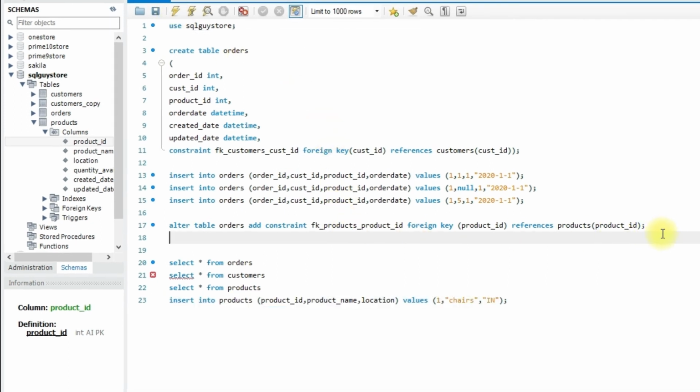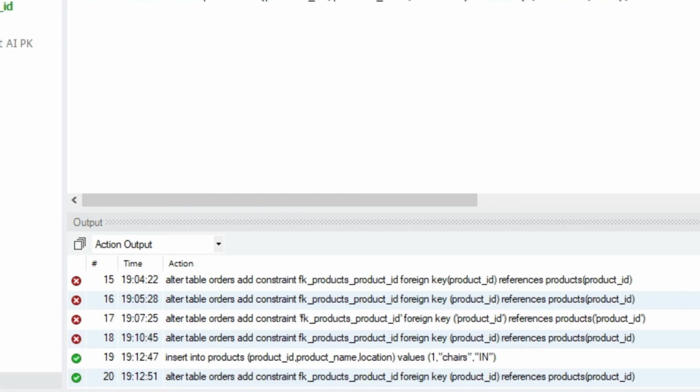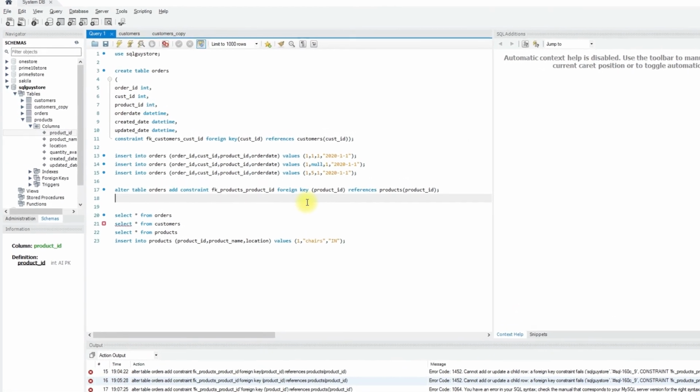So data is inserted into the products table and now let's run the query. So now it is successful. So now we have added another foreign key column in the orders table to the product ID.